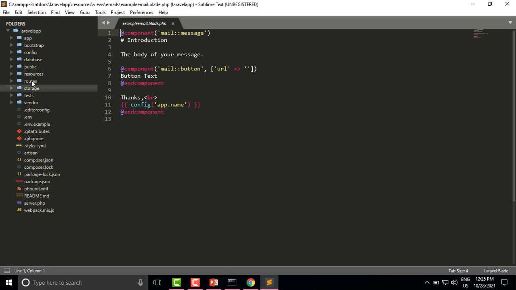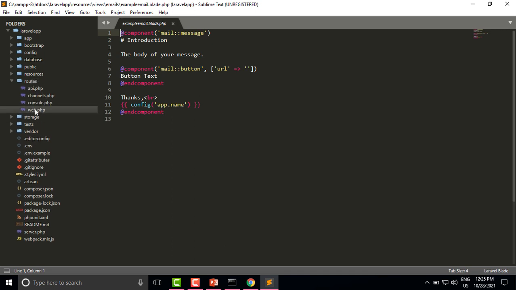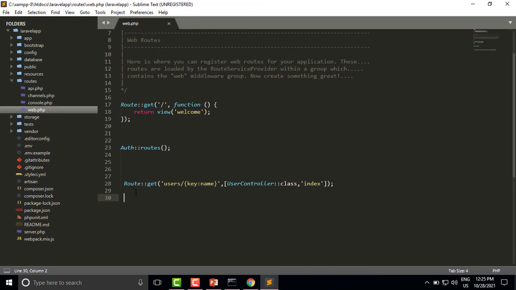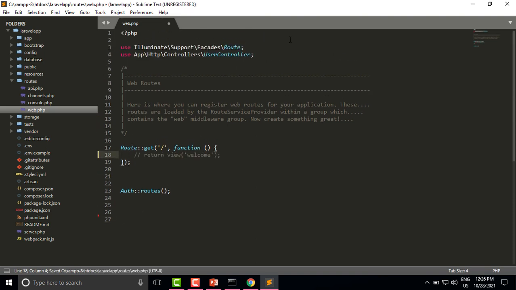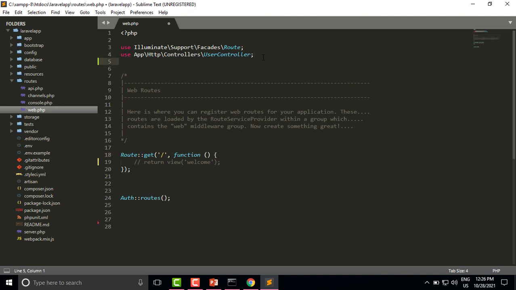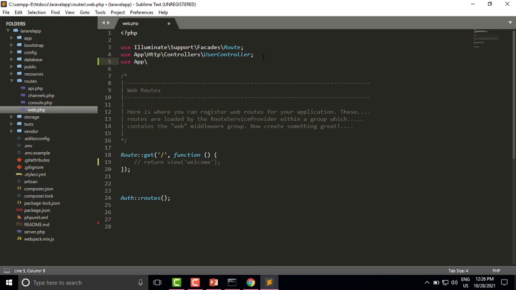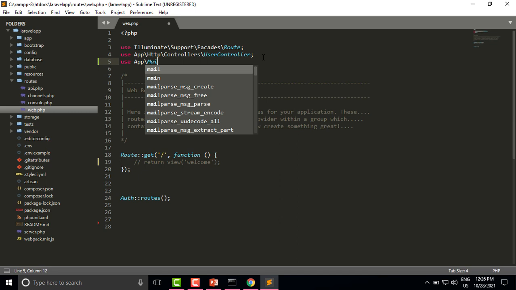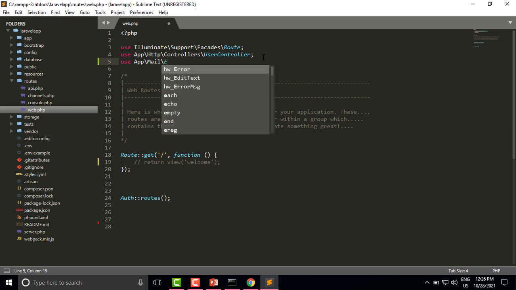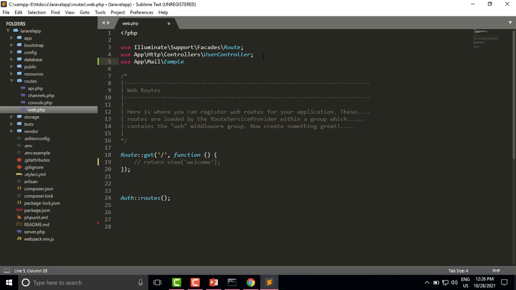For that open the routes folder and web.php. Delete this route, we don't need it, or comment it out. First of all we need to import the ExampleEmail which we have created. Use App\Mail\ExampleEmail.